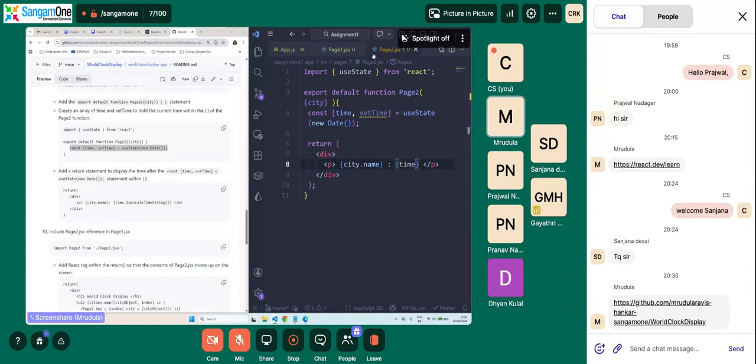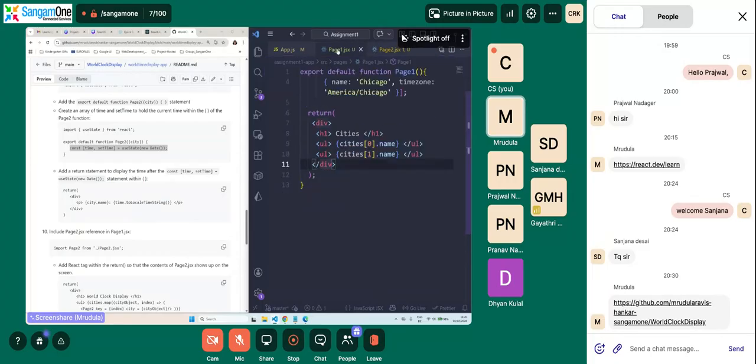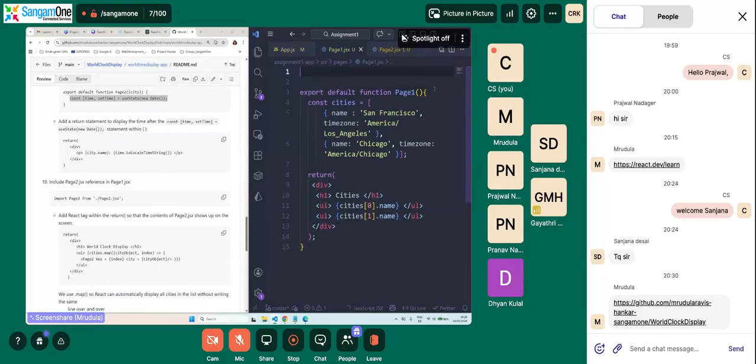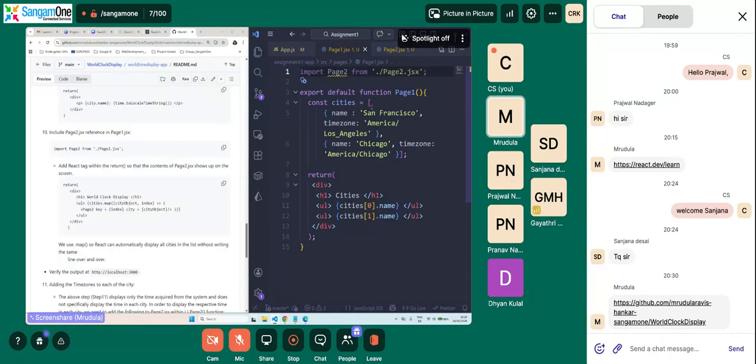We need to include page2 reference in page1, not app.js, because we are going through page1, and from page1, we are going to move the controller to page2. Okay. So what we need to do is import page2 from page2.jsx, and then here we will be doing something like,